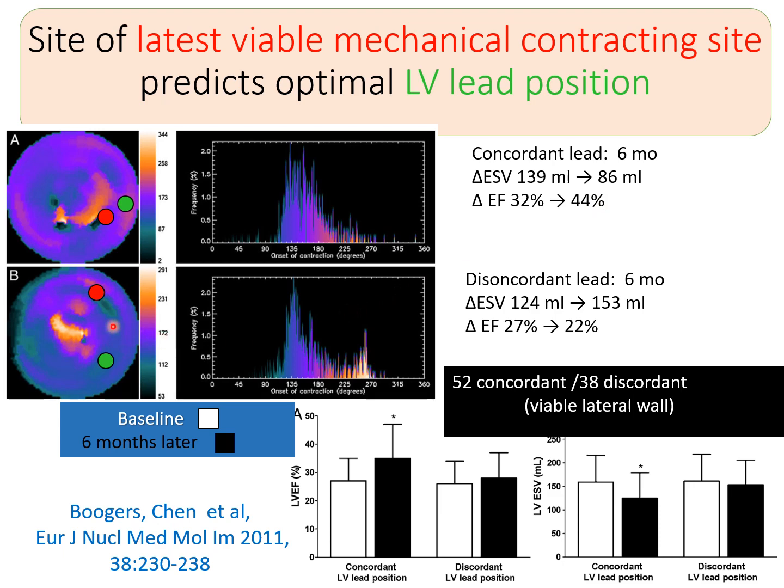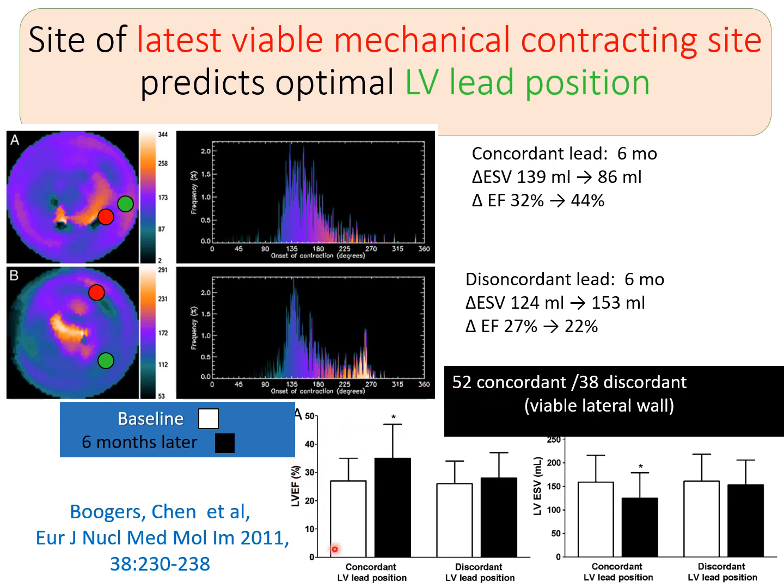Whereas when it was discordant, the last viable contracting segment versus where the lead was placed, this patient got worse from a 27% EF to a 22% EF, even though the patient was dyssynchronous to begin with, and the end-systolic volume remodeled in the wrong direction, right? It got wider, and this was true when we looked at 90 patients